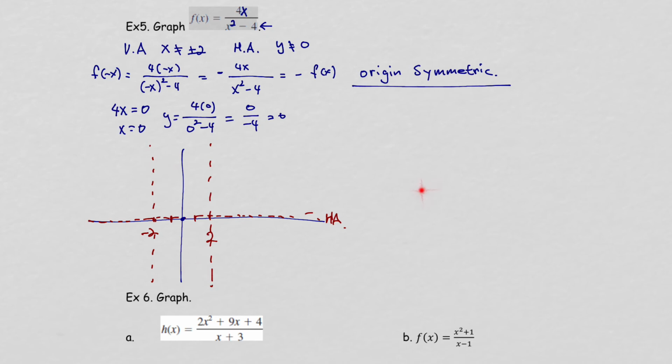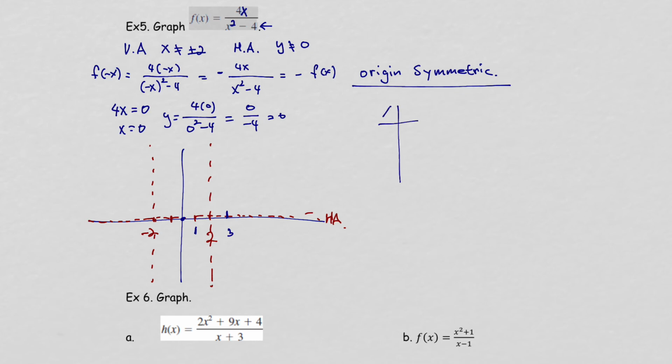Or if I have a graph in this area, origin symmetry means I have the graph on the other side. So I only need to find where my points are on this and that. It means I will find 1 and 3 maybe